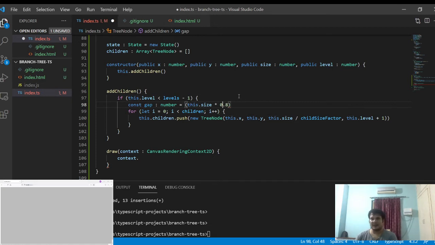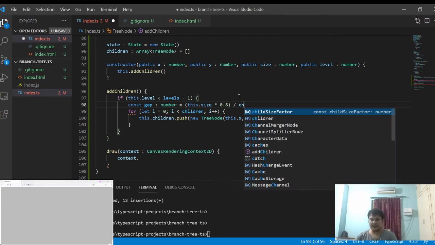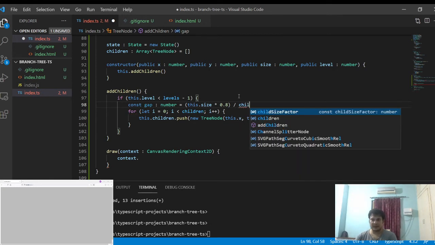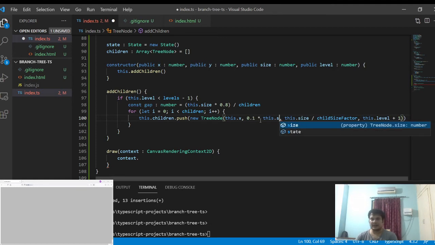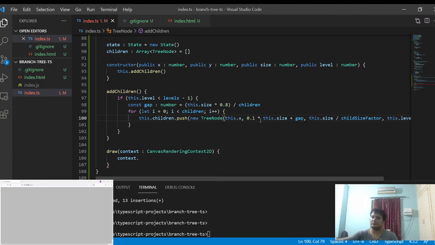So it will have initially some offset, and I will divide by children, and this will be like 0.1 for size. This for size plus gap into i.